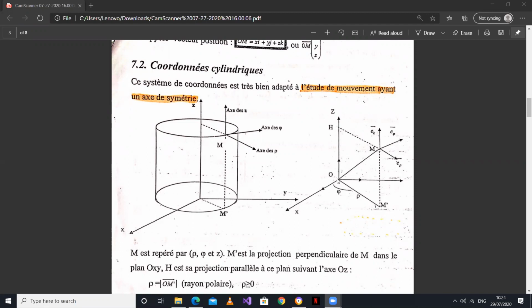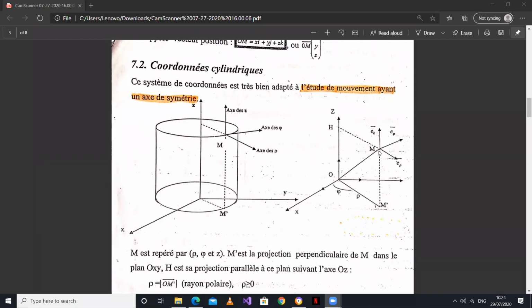So instead of just moving directly from there to there, we are going to move like this. From O, we are going to move to OM prime, following Rho. Then we will go up, until we reach the point M. So it's shown us exactly how we've moved. We've moved from O to OM prime, then from M prime, we've moved to